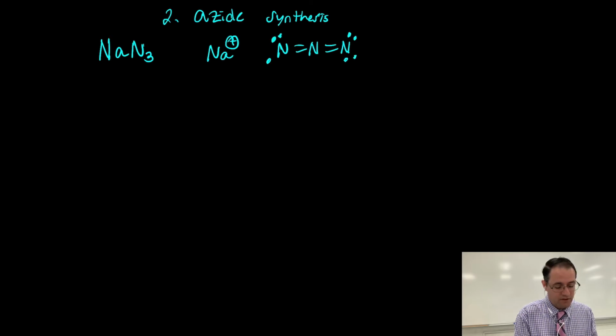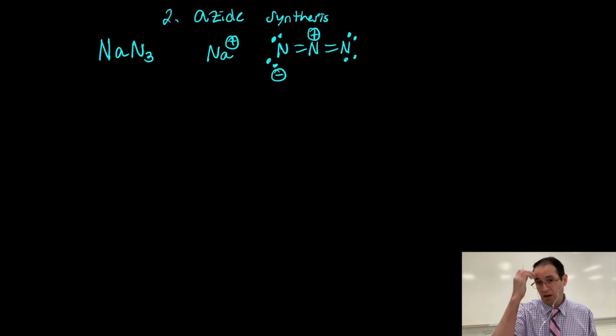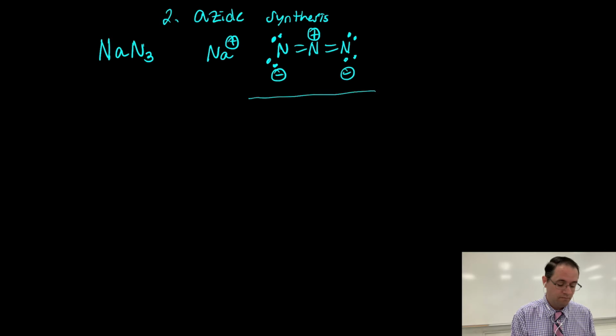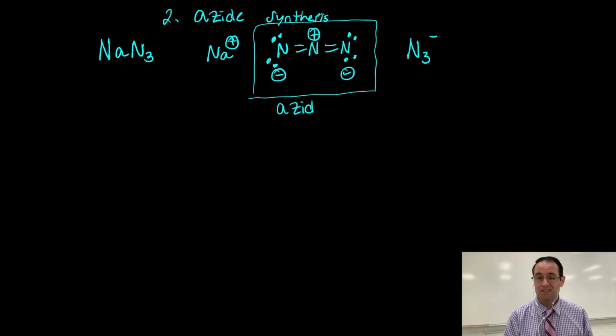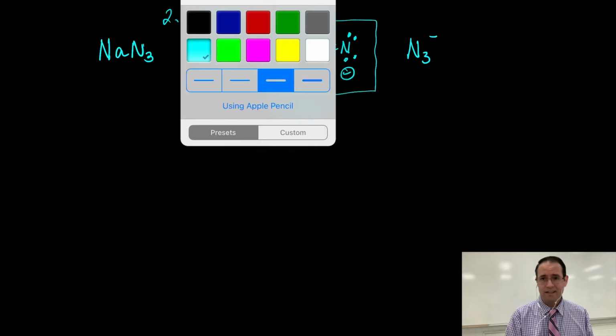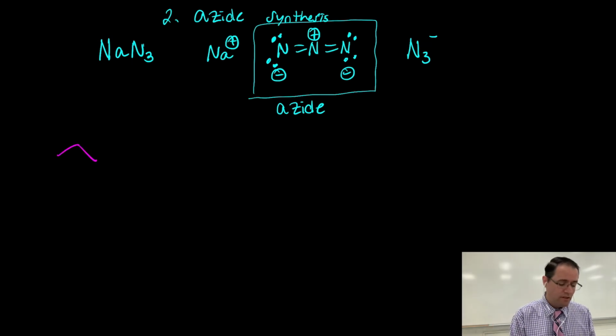One possible resonance structure we can draw for this looks like so. There's a positive formal charge here on this nitrogen. There's a negative formal charge on this nitrogen, and there's a negative formal charge on this nitrogen. And this right here is a polyatomic ion. Sometimes we might refer to it as N3 minus. So that's the azide ion, and that's nucleophilic. Either the left nitrogen or the right nitrogen can engage a primary alkyl halide, for example,